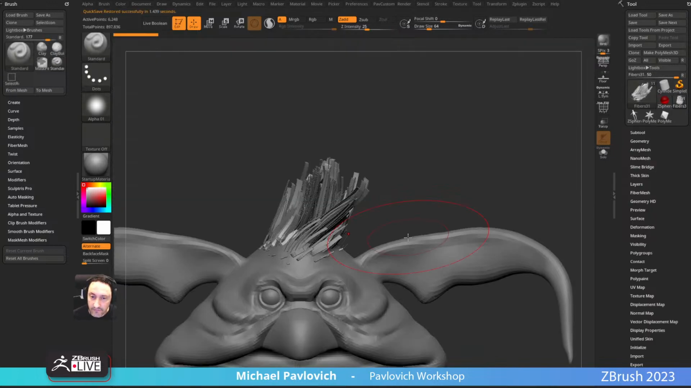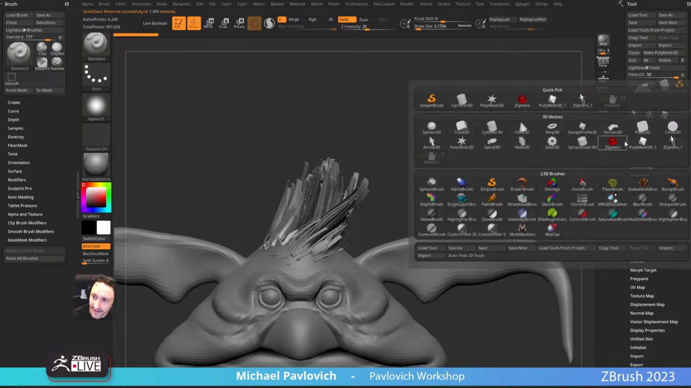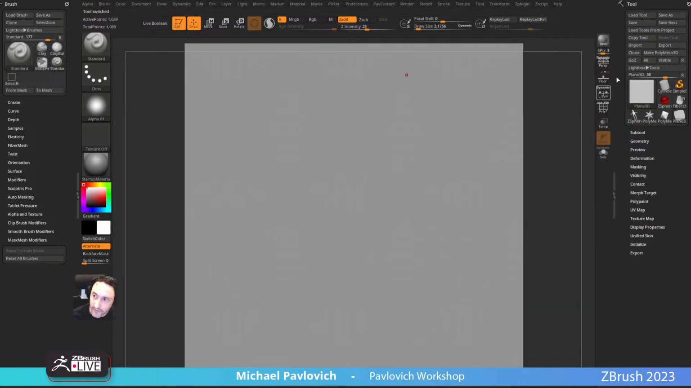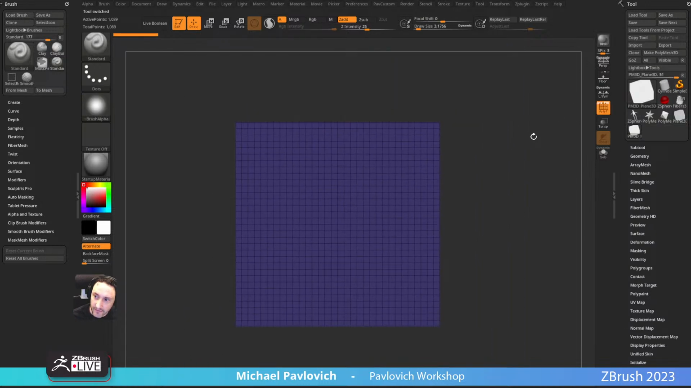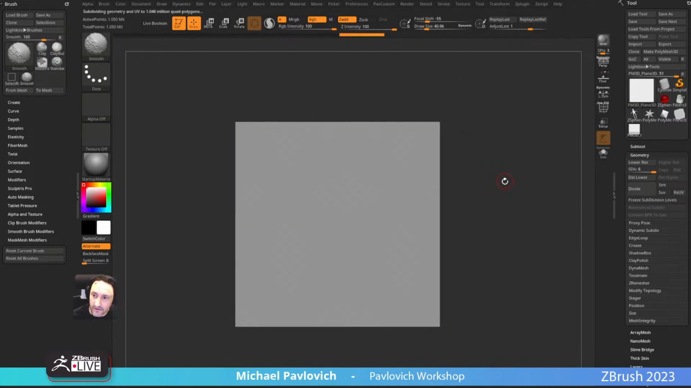Okay, quick save. Here's our fibers. We're going to go through here. We're going to say plane 3D, make polymesh 3D. It's just a plane sitting here. I'm going to go to geometry, turn on the smooth modifier, divide this up to, I don't know, 1,000,000. And then we can just literally paint